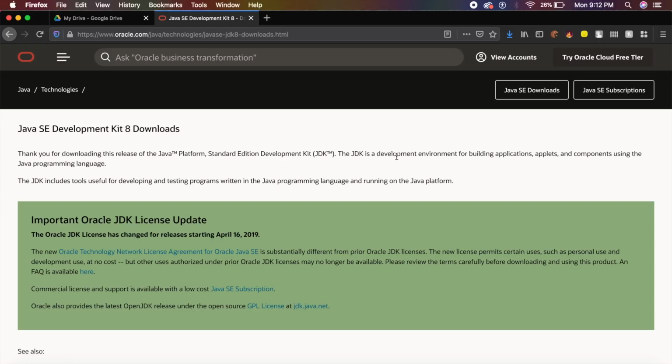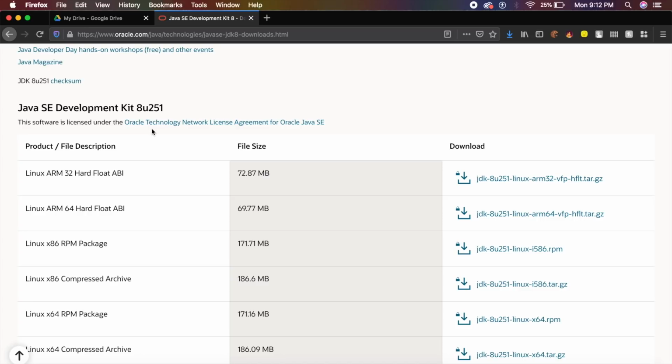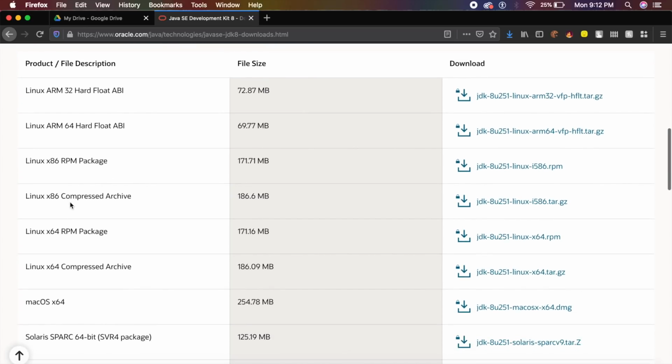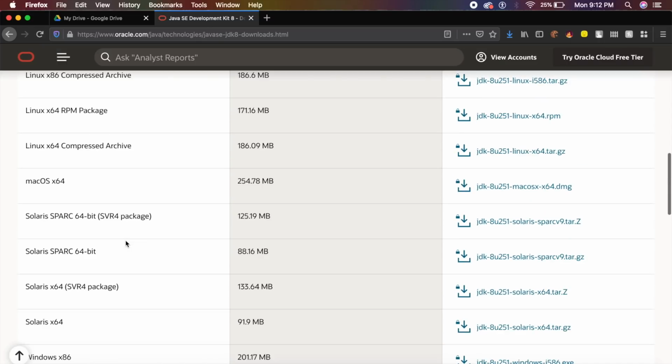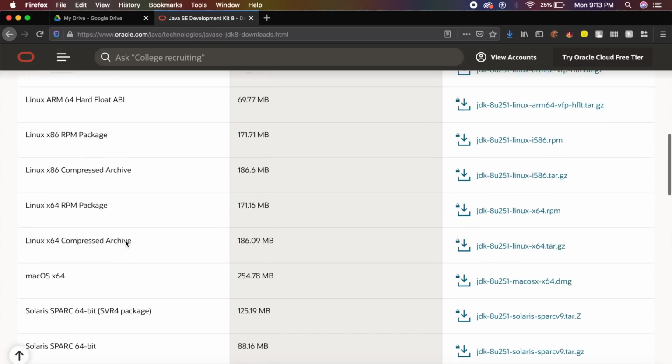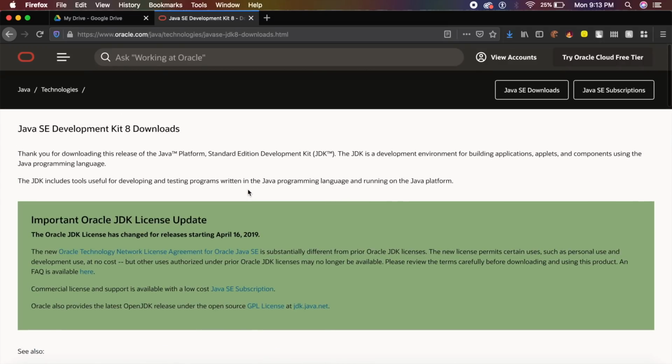Once you have that downloaded, you will have to download something called Java SDK or JDK, which helps you export that application onto your Android. So it has all support here: Linux, Mac OS, Solaris. So you can basically install it on any single device. It's a lightweight application and you just need to download and install it.